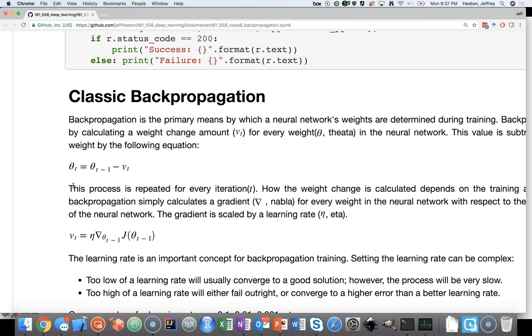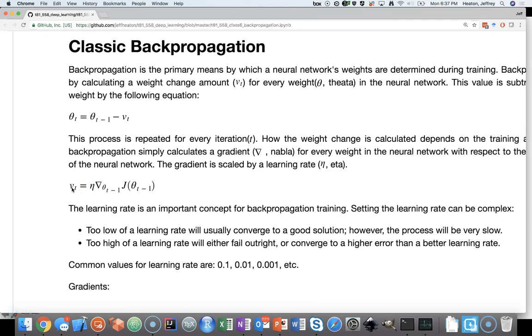And that first equation, all that's saying is for classic backpropagation, or really for any training, you set the value for the current iteration equal to the weights from the previous iteration minus the weight change amount. The weight change amount is essentially going to be the inverse, so that's the slope. And v t, you calculate that essentially by